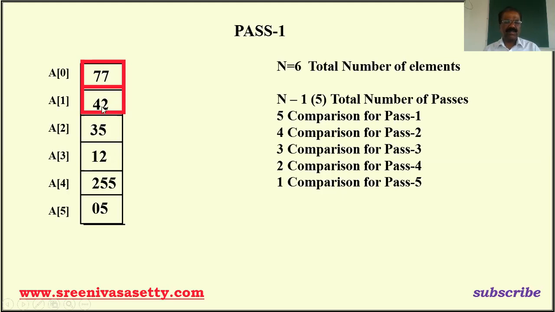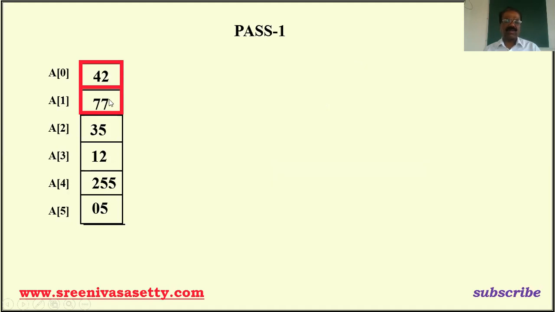So what is the difference? It is positive. If the difference is positive, then we can conclude the first number is larger and the second number is smaller. Then we have to exchange. Therefore, if you consider these two numbers alone, it is in descending order. If you want to make it ascending, then we have to swap. Therefore, it requires a swap because the first number is larger, the second number is smaller. Now it is 42, 77.